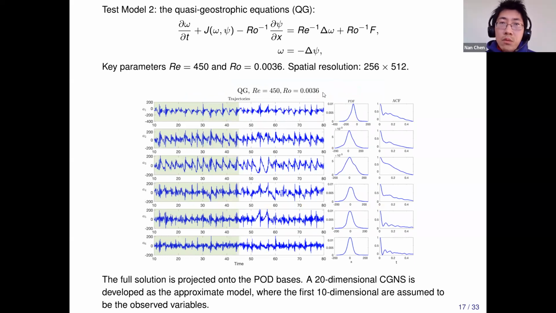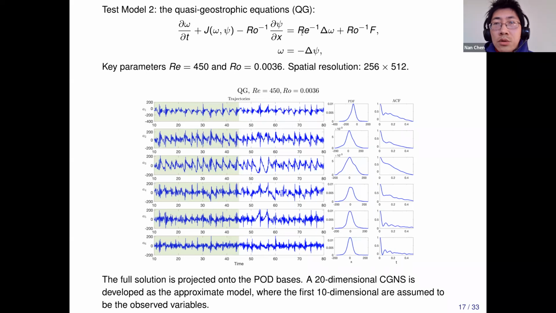And then we can try to apply this to some more complicated system. We apply this framework to the quasi-geostrophic equation, or QG equation, which is one of the prototype equations in geophysics. It's a two-dimensional PDE with x and y coordinates, and this omega is vorticity. This psi is a stream function. They are related by this equation. This J is an advection term. It's a quadratic term. Also, you will have some diffusion and some forcing.